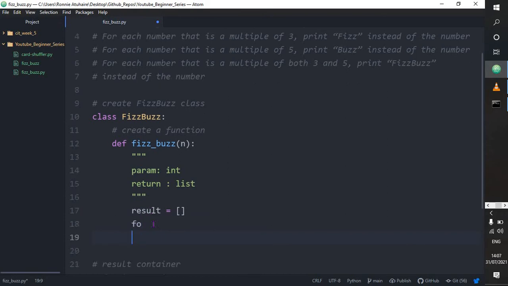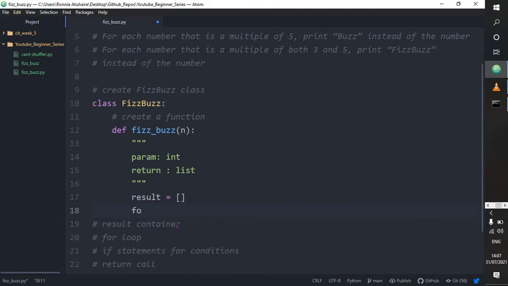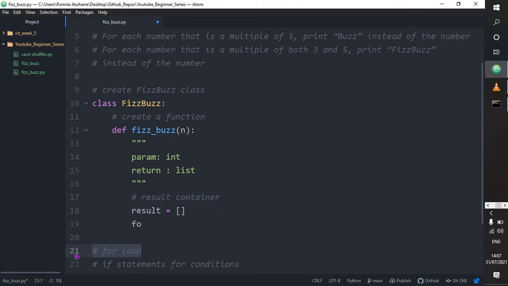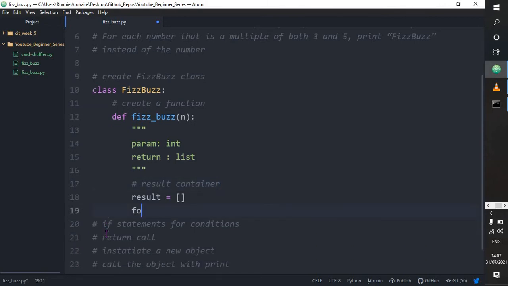Then we start using a for loop. Copy this here, result container. Then I shall use a for loop. So let's just call the iterator variable i. For i, you can call it anything. For i in range from 1